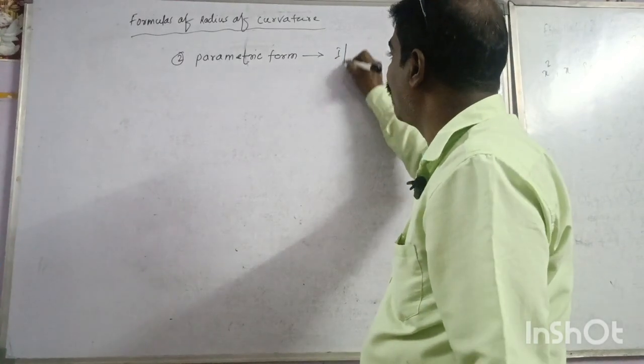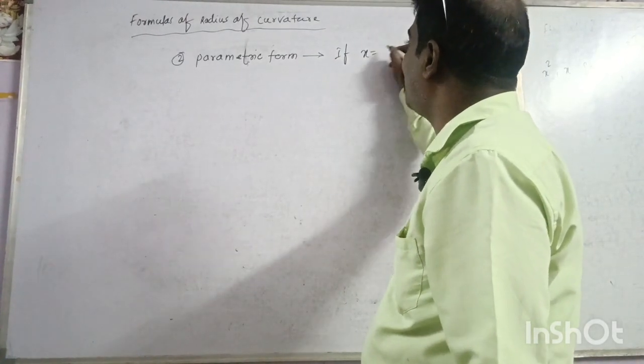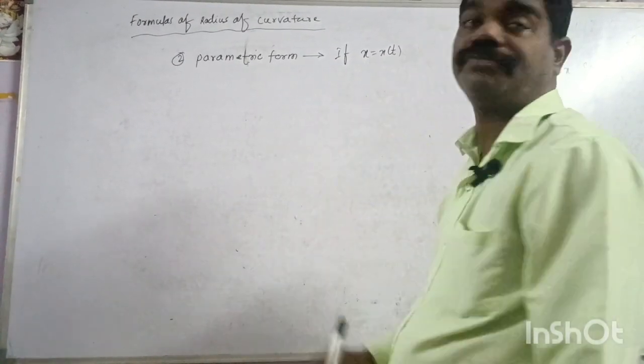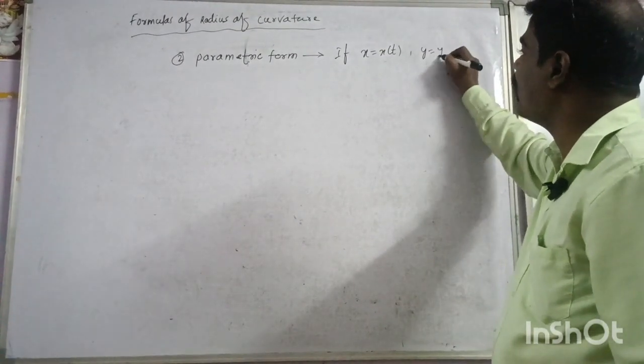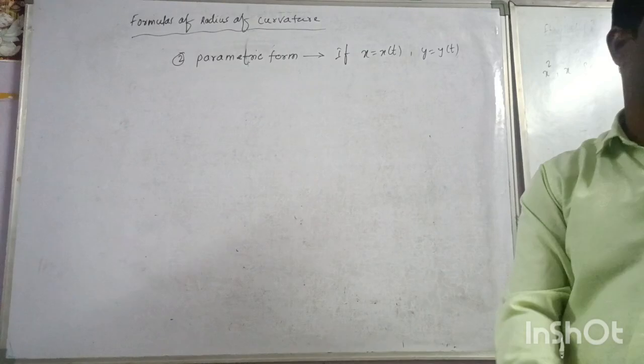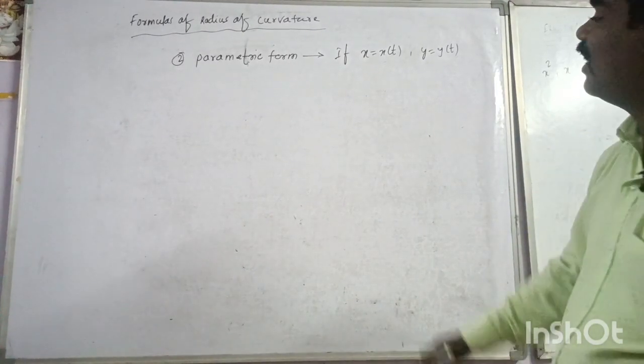If x is equal to x of t, comma, y is equal to y of t, right? Then